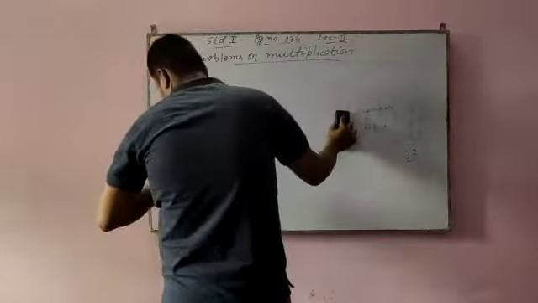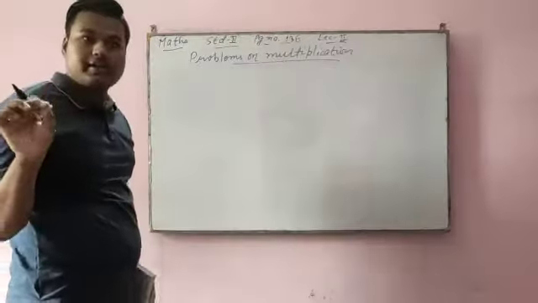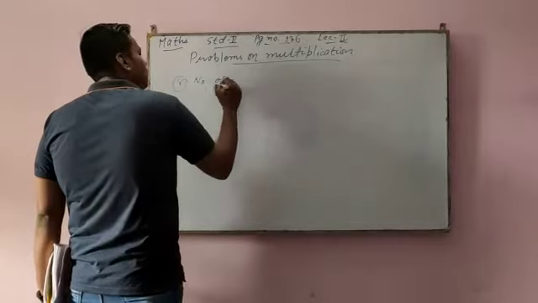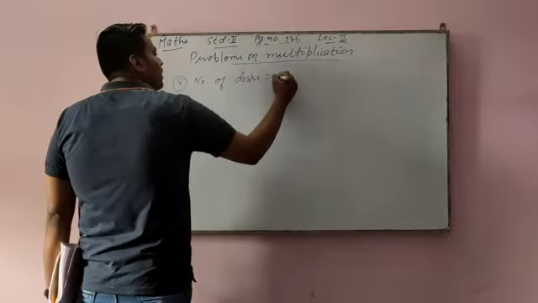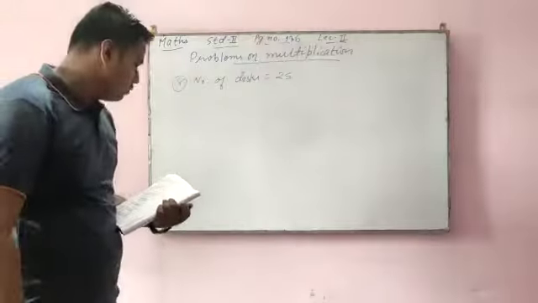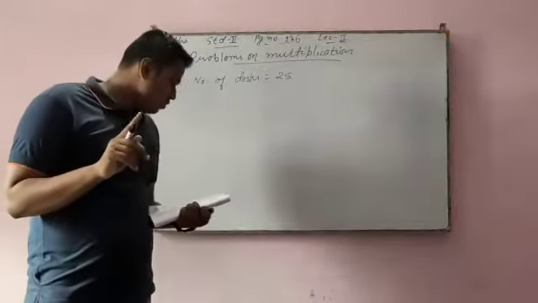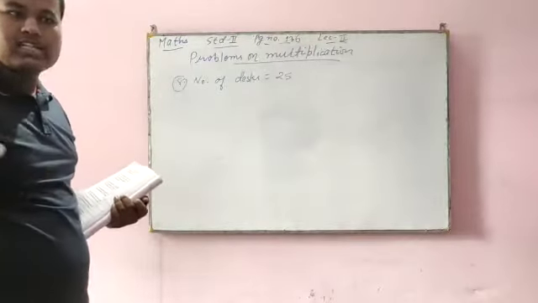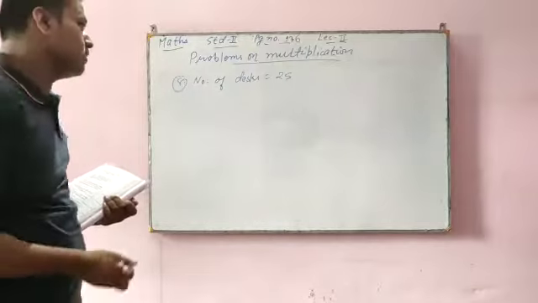There are 25 desks in a classroom. If two students sit on each desk, find the number of students in that class. In one class there are 25 desks. If you are in standard 2, then assume that in your class there are 25 desks. So the number of desks is 25. If two students sit on each desk, it means in every desk two students sit.